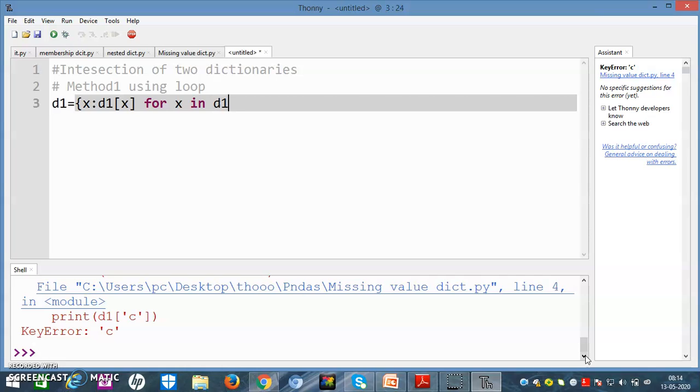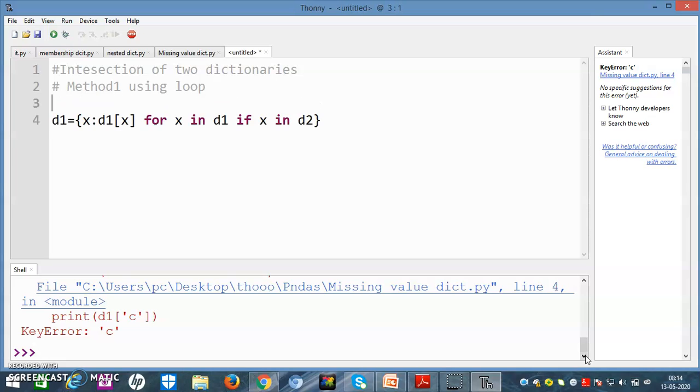Now we have to check whether the intersection, what does intersection mean? That the value lies in both, or in other words, the common values are taken or not. Now for x in D1, then if x in D2, this is the formula I made. We take any element x from D1, if x is in D1 and x is in D2.